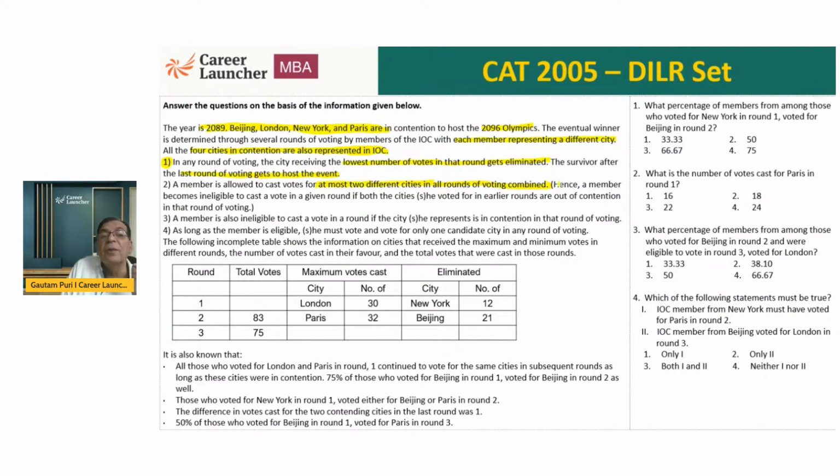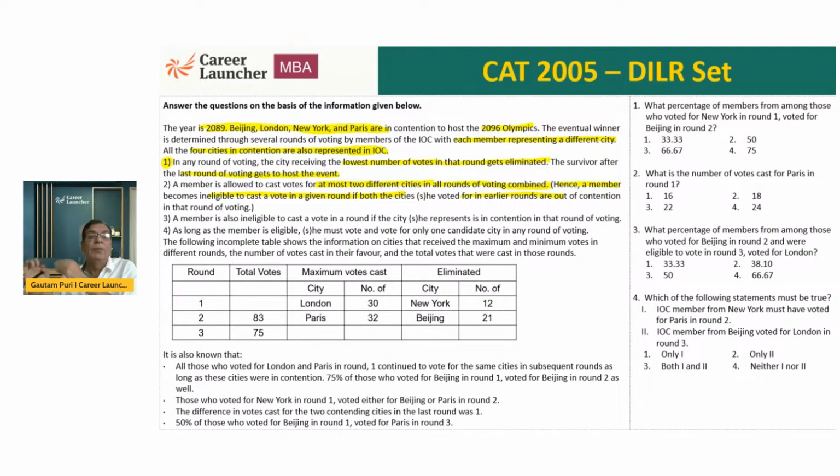And hence, a member becomes ineligible to cast a vote in the given round if both the cities he or she voted for in the other rounds were out of contention. Okay. So if you voted for, let's say, London in round 1, it got eliminated hypothetically. You voted for New York in round 2, and in round 2, New York also got eliminated. You cannot vote now in the third round. If you have voted for 2 different cities and both of them have been eliminated, you are not eligible to